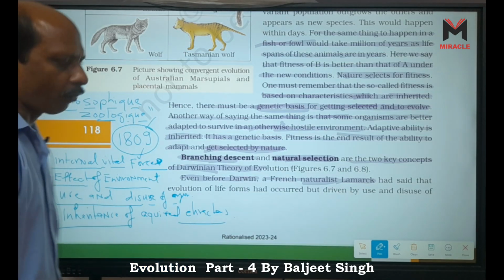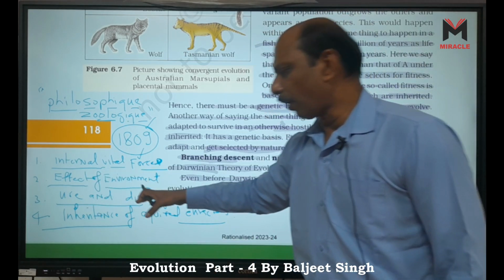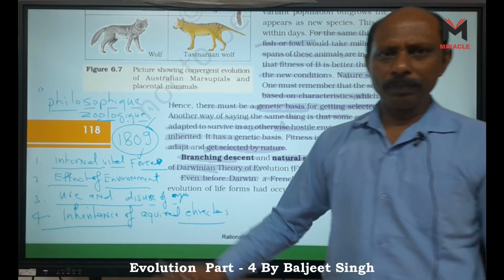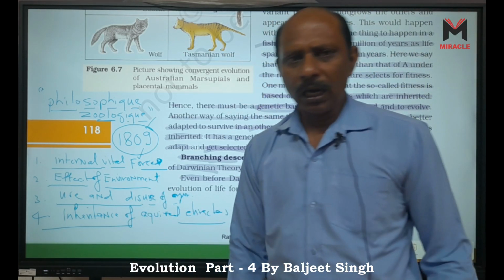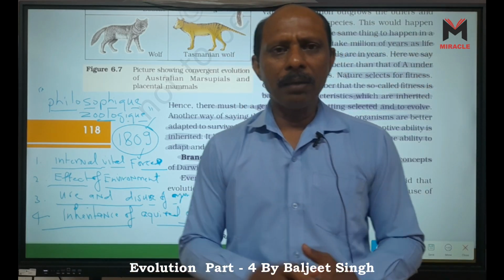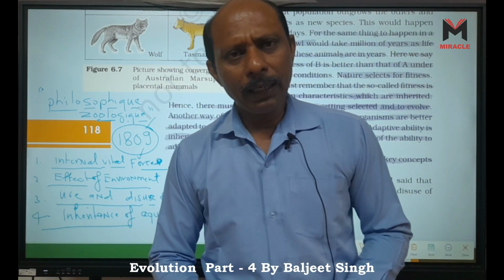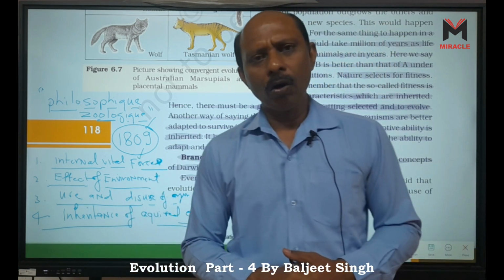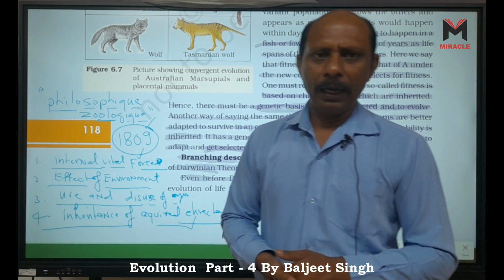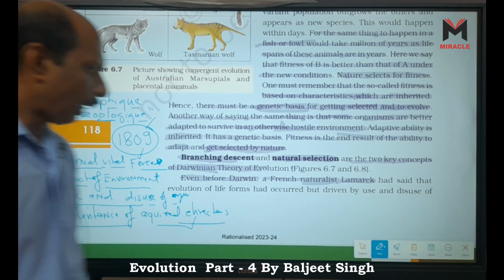These are the four principles of Lamarckism, right? Which ones? Internal vital forces, effect of environment and needs, use and disuse of organs, and inheritance of acquired characters. He said that acquired means after birth, that is, characters or traits which the animal acquired from its environment or from use and disuse, are inherited by the offspring. That's why today we also have vestigial organs, because they are inherited, and they show our use or disuse of specific organs, right? So this is Lamarckism.